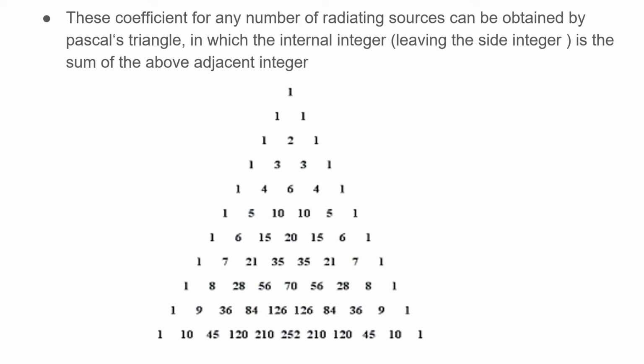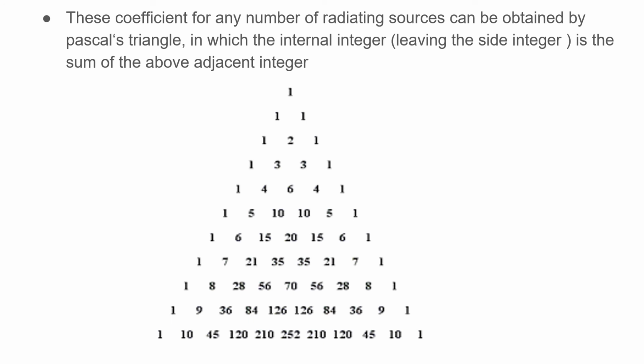If n is equal to 4, you will have 4 components where the first and last will be 1. The second element will have the amplitude 1 plus 2, which is 3. The third element will have the amplitude 2 plus 1, which is again 3. If n is equal to 5, the first and the last element will have the amplitude 1. The second element will have the summation of these two: 1 plus 3, 4. 3 plus 3, 6. 3 plus 1, 4. Similarly, for the next row, 4 plus 1, 5. 6 plus 4, 10. 6 plus 4, 10. 1 plus 4, 5. 5 plus 1, 6. 10 plus 5, 15. 10 plus 10, 20. 5 plus 10, 15. 1 plus 5, 6.